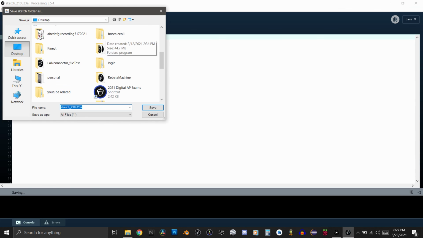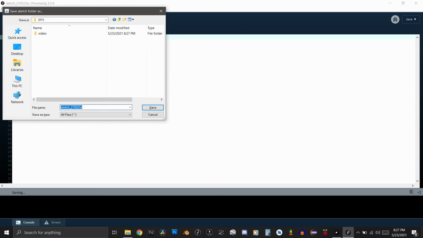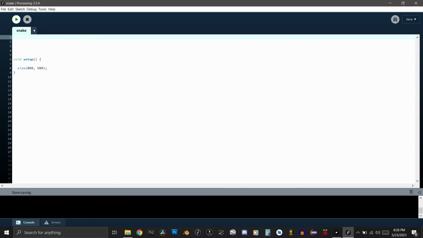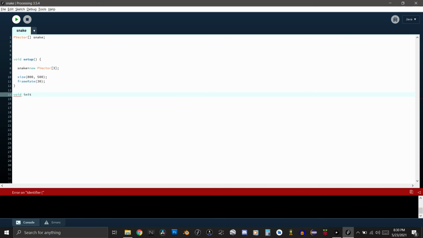In celebration, I decided to go ahead and make the game Snake. I thought this would be the hardest game to make so far, but it actually ended up being simpler than Pac-Man. So I start as always by fiddling around with making the window the right size, and got to work